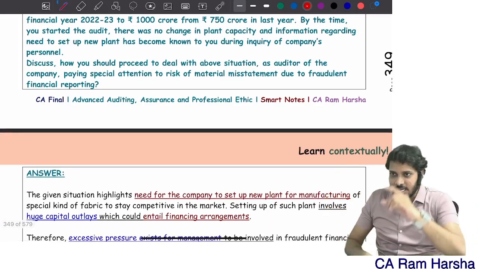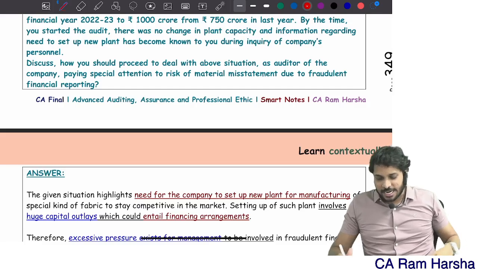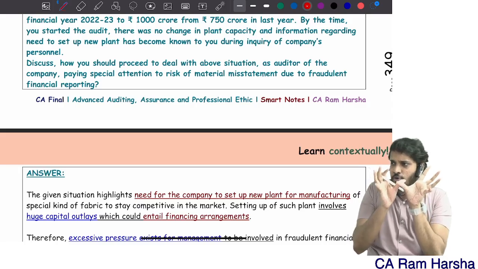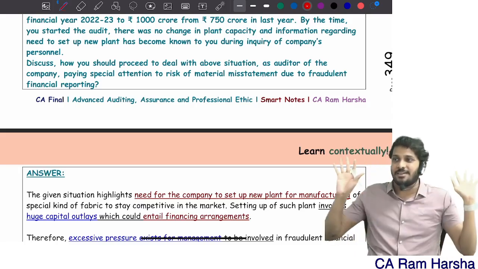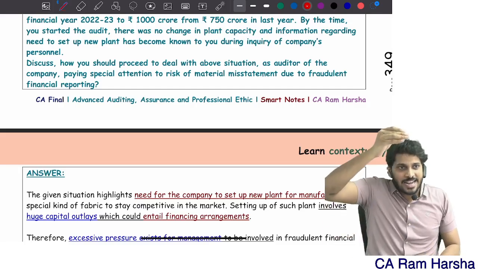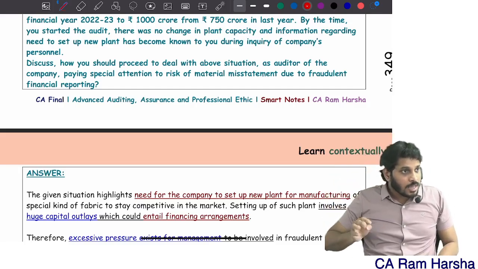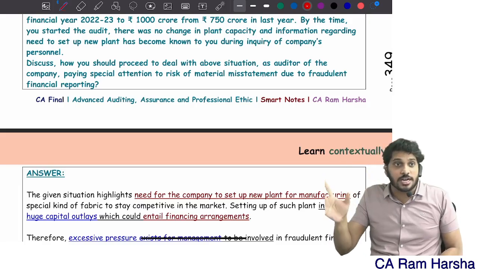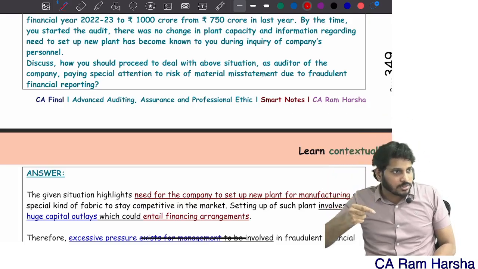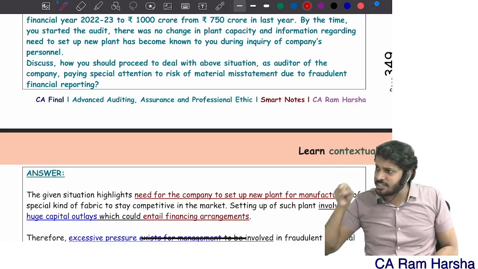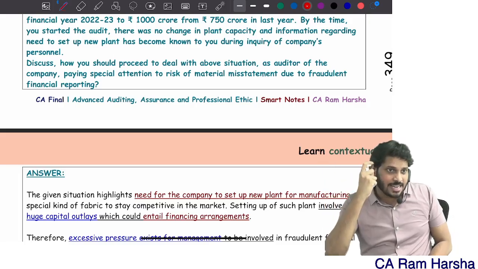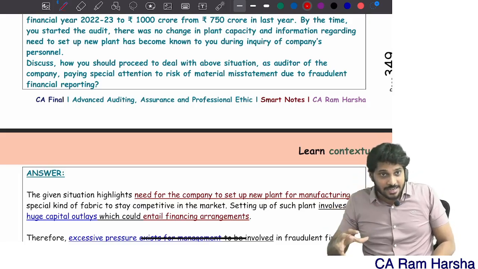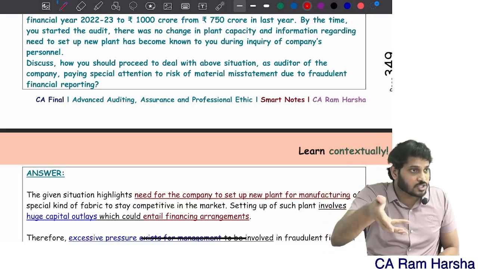That's it. When these kinds of lengthy standards are there, you should first observe briefly what each and every subtopic is dealing with. Observe. Then read each and every subtopic thoroughly. Once you come to some 10 questions or 5 topics like that, don't continue immediately. Recap what is all there, what is the objective of the standard, why I'm studying. Then recollect that, then go to the remaining topics, 6, 7, 8, 9, 10 for example. Then read that and see how these are interlinked with the previous 5 topics.